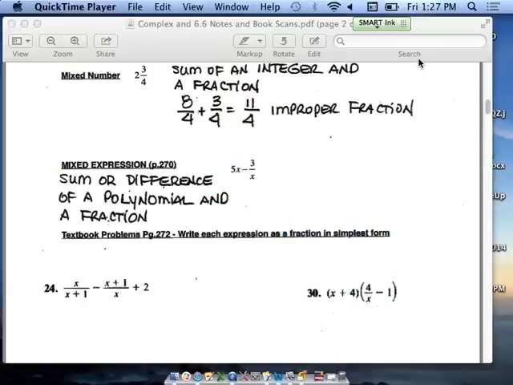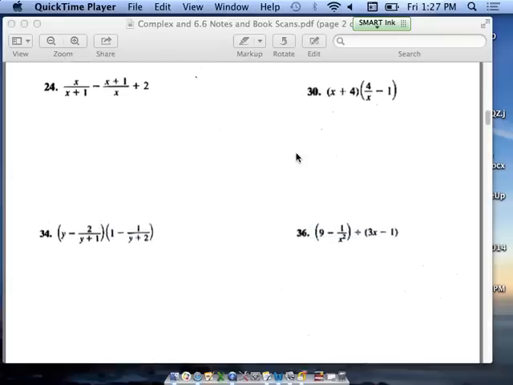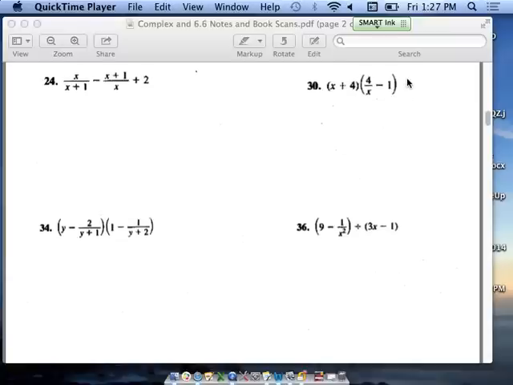Let's look at number 24, and then I'm going to do the remaining problems on this page with you in class. Of course, you're welcome to do them on your own and we can compare answers, but I will do these with you in class. So number 24, this is a mixed expression, and you're just simply asked to write this